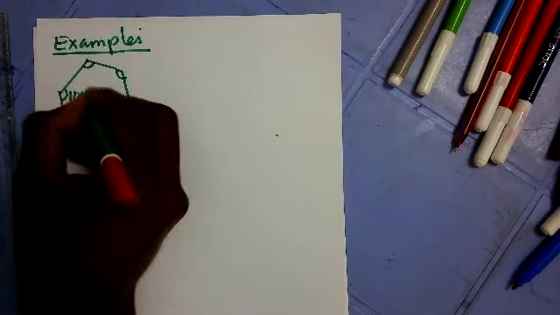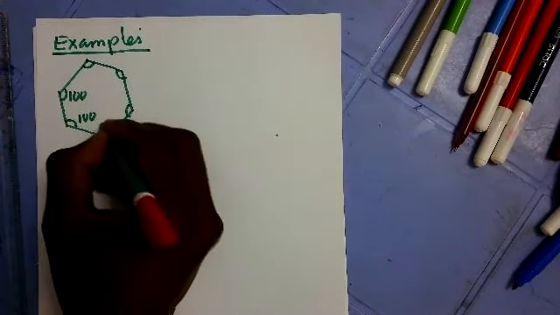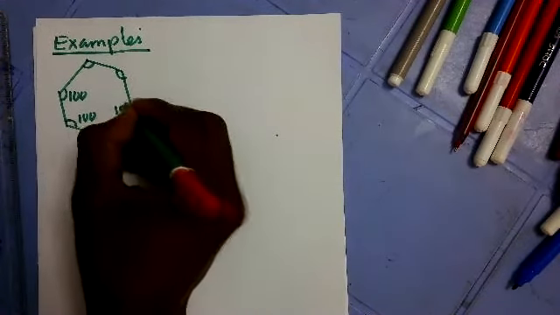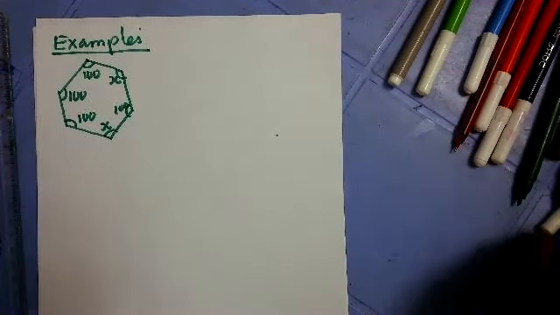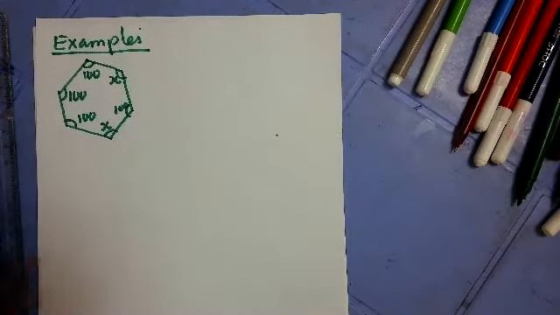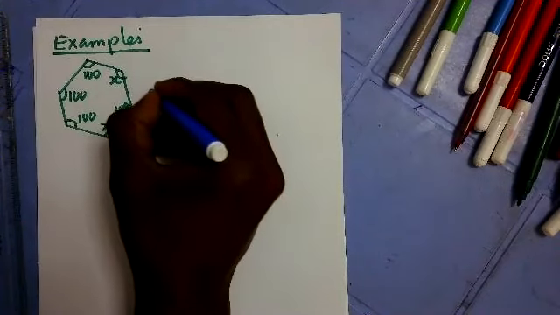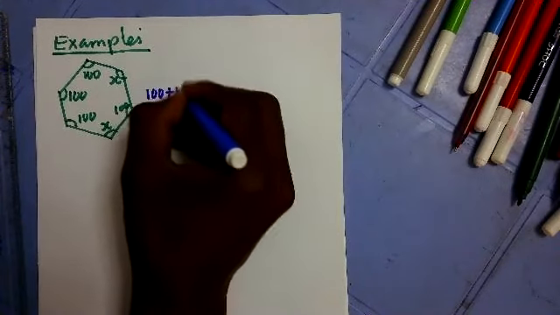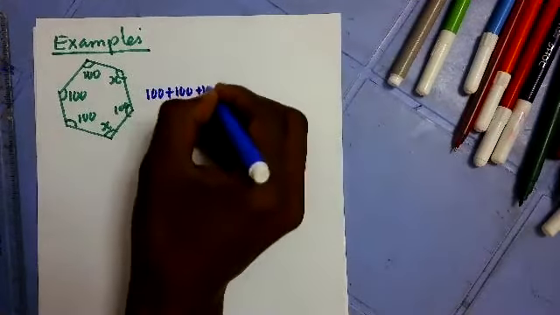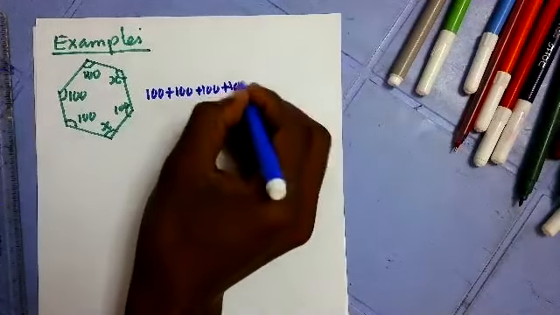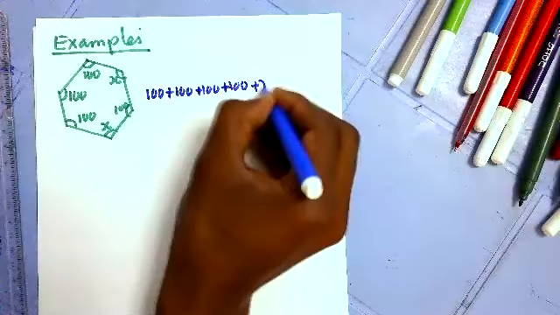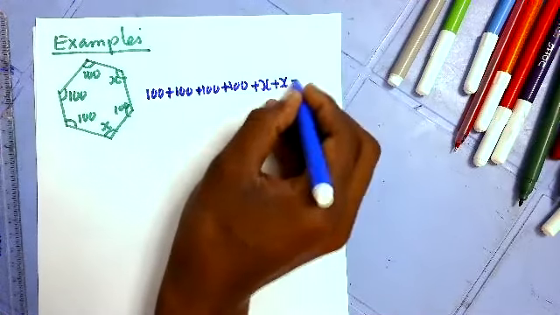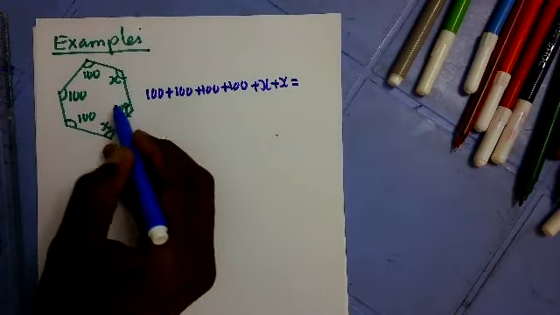Here is 100, 100, x, 100, x, 100. So I need to find x. Basically, I have to say 100 plus 100 plus 100 plus 100 plus x plus x is equal to, I don't know,